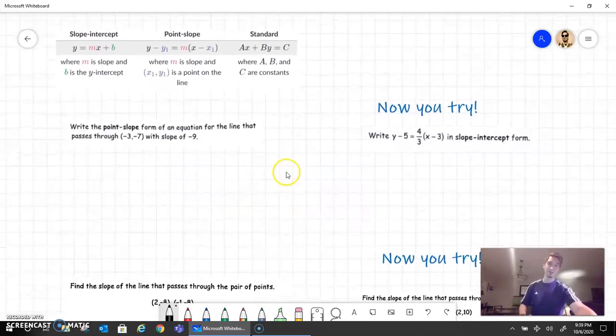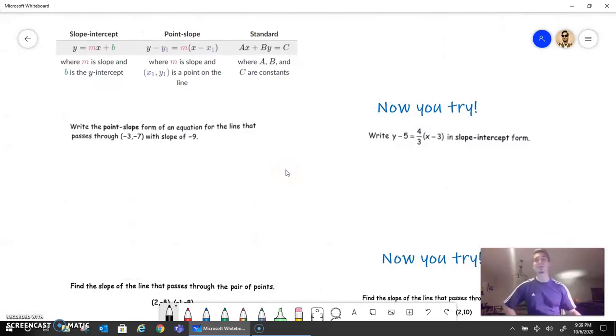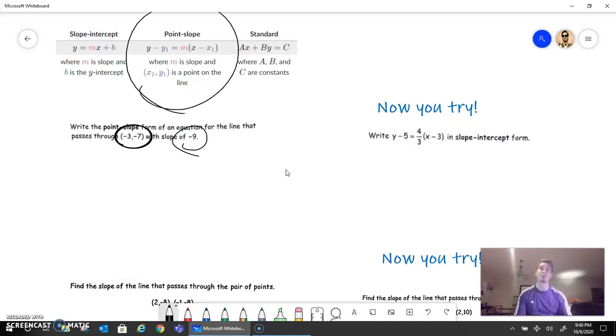maximal amount of information. So let's go ahead and write the point-slope form of an equation for the line that passes through this point with the slope of negative 9. If we go to the formula, it's y minus y1. So I'm going to say y, where y will stay a variable, minus, what is my y coordinate of this point? It's negative 7, so I'm actually going to say minus negative 7, equals m, which the slope is negative 9, times x, where